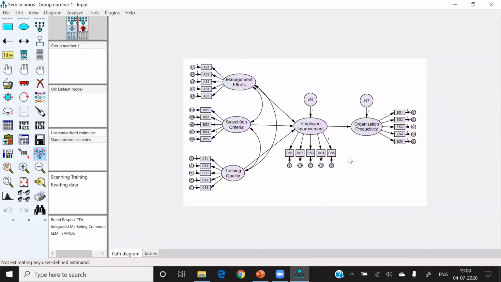So this model is fine, but not very good because the problem is in the goodness of fit. So this is everything we can check in the structural equation model. And now I am showing you the process in